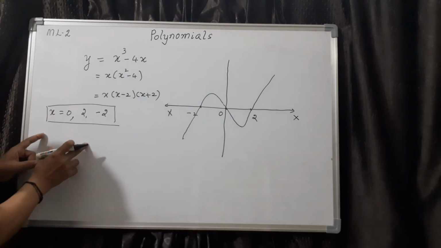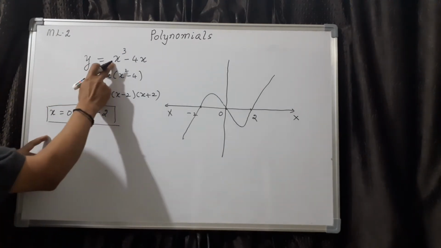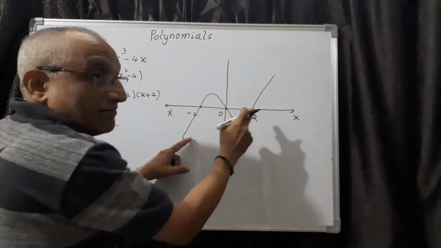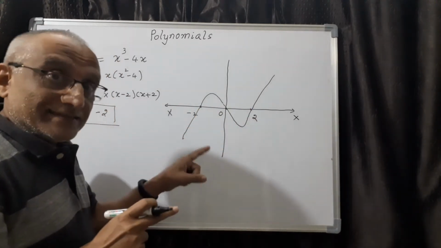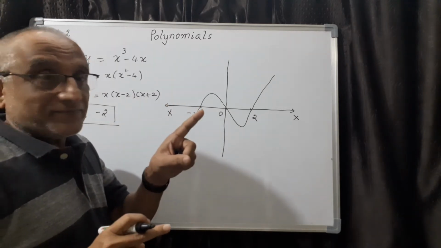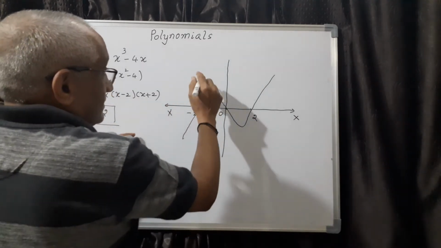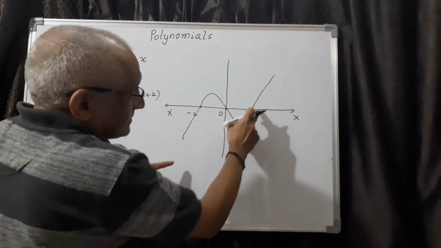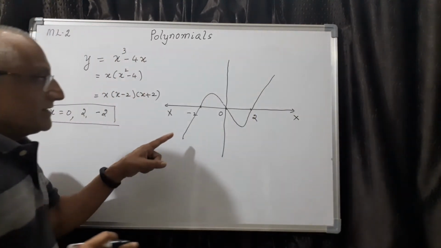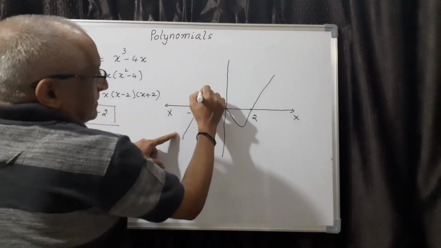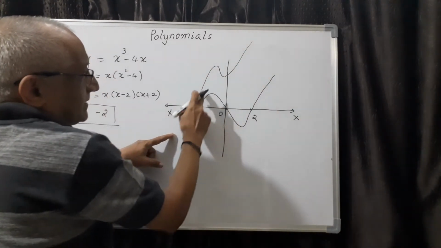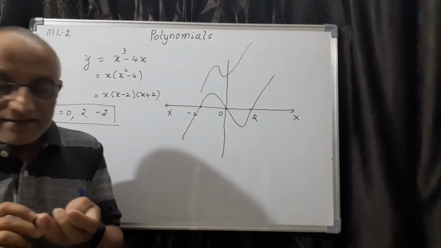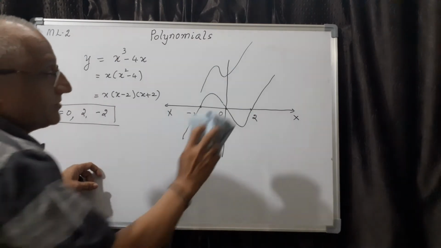Now it is very clear, the degree of the polynomial is 3 and it cuts the x-axis at 3 points. But this is not always necessary. It can cut at only 1 point also. But it has to cut, because the curve is coming like this, then going like this, then going like this. Say, for example, the curve is here, like this. It cuts here when it comes this side. Similarly, you can see the other cases. So these are the different possibilities.